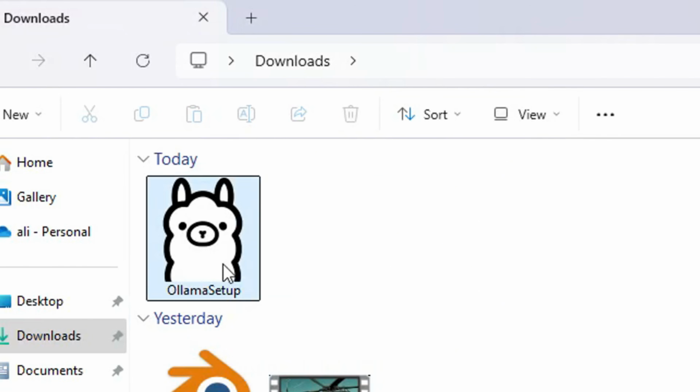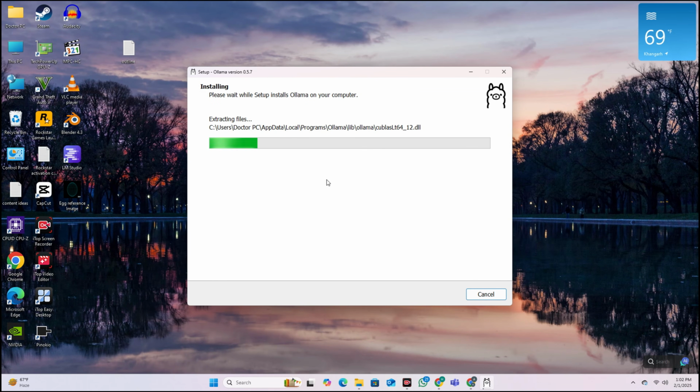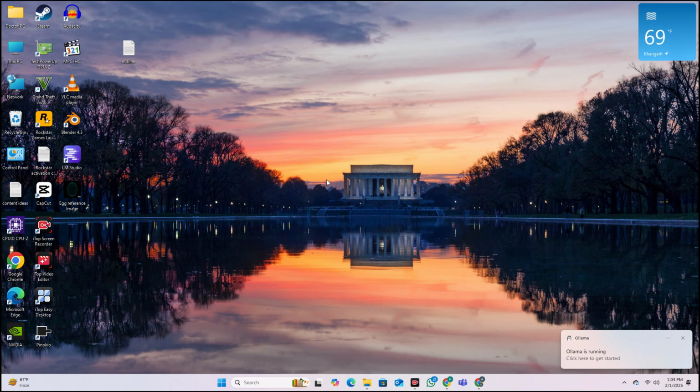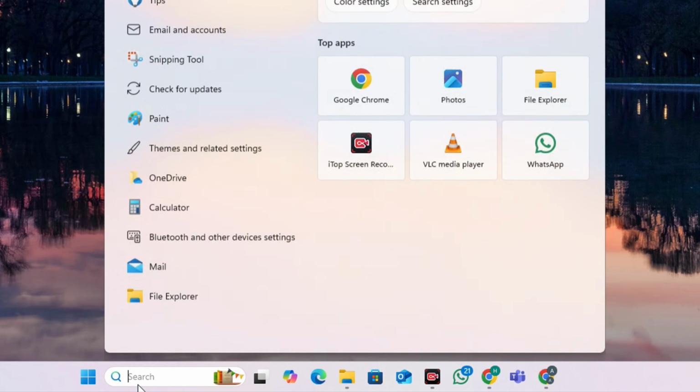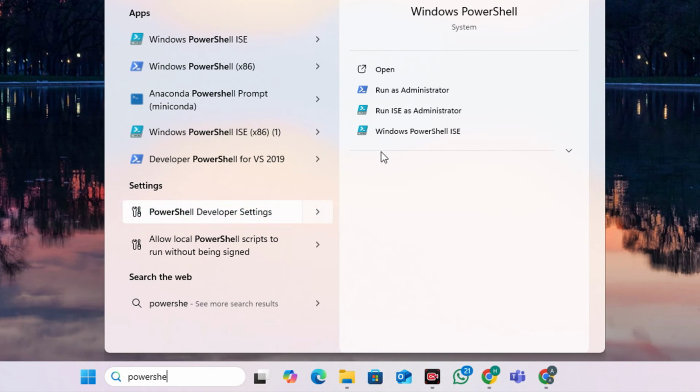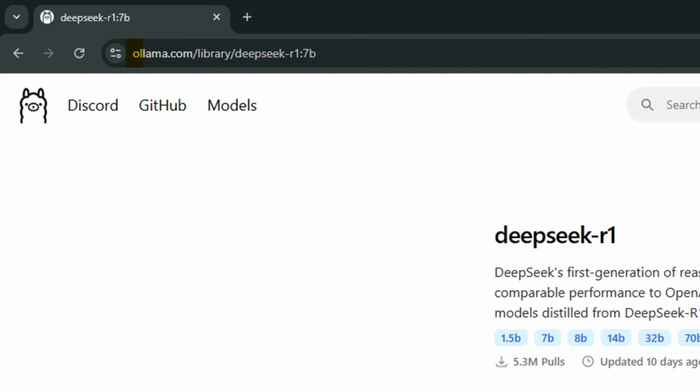So once it's downloaded, click on Ollama and install it, and this process will take only 3 to 4 minutes. So once Ollama is installed, you can see this is available to use. Now go to your Windows search bar and search for PowerShell. Then go to this URL